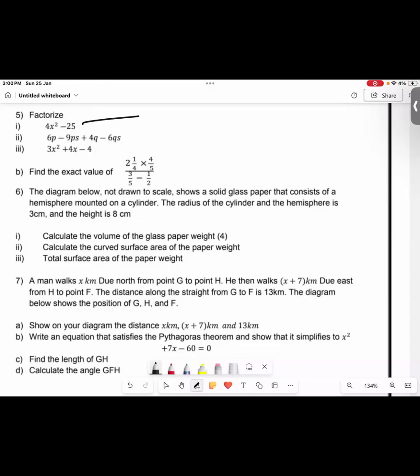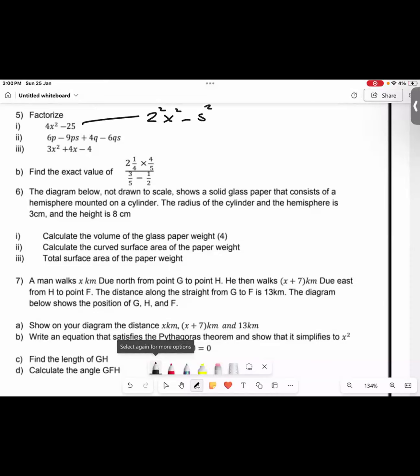Two. Very good. So I'm going to change the 4 to 2 squared. X is already squared, so I can leave that one alone. And which number do I square to get 25? 5. Very good. So now, once I have everything expressed to a power of 2,